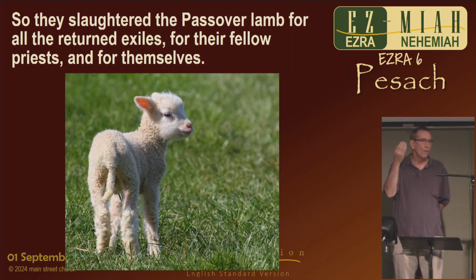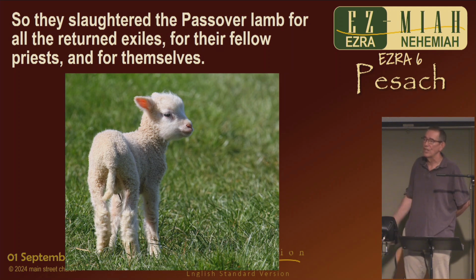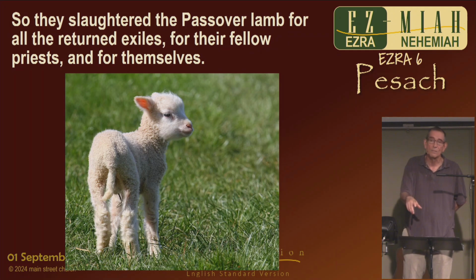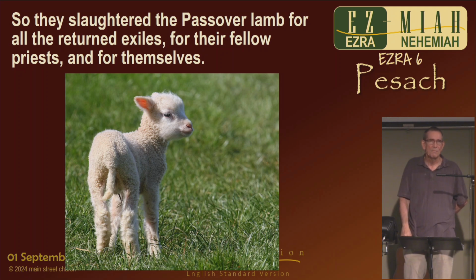So throughout all the Passover ceremonies, when they were in Egypt and God told them to do this in order to avoid the wrath of God that was going on the region, they said you need to sacrifice this lamb, you need to collect its blood, you need to mark the entry to your house with it, and then you need to consume the entire animal. But it's our little baby. Spotless, had to be pure. So I put the picture there because when you think about slaying an innocent animal like this, something inside of you goes,